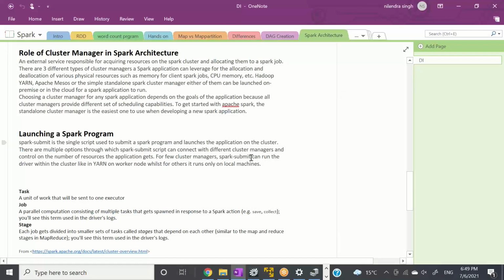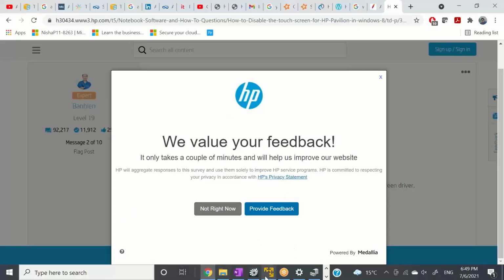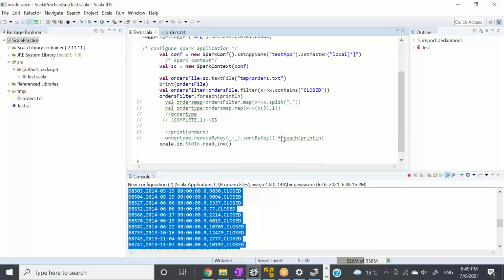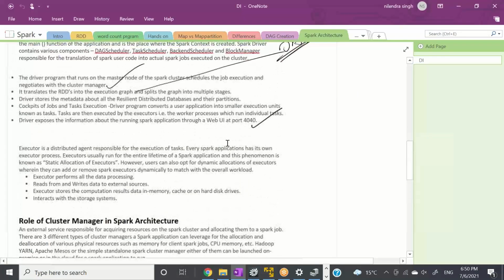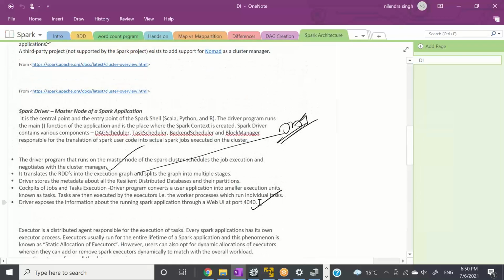Now one more thing which is very, very interesting. Let me show it to you. When I'm running this program, the driver exposes the information about running a Spark application through web UI at port 4040, right?